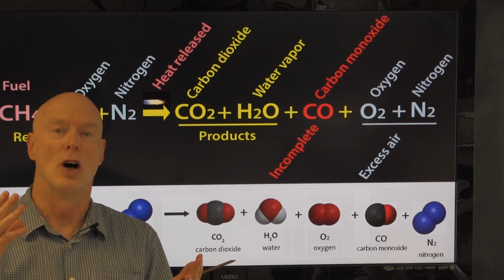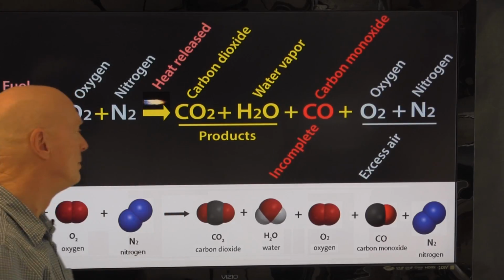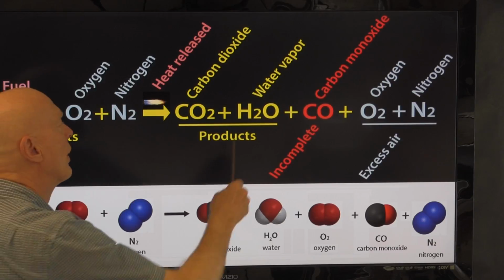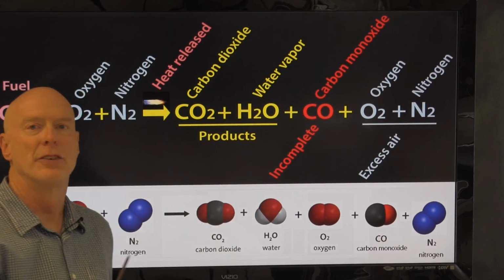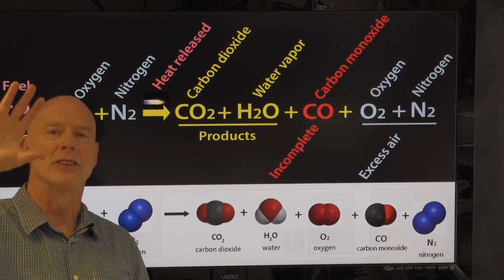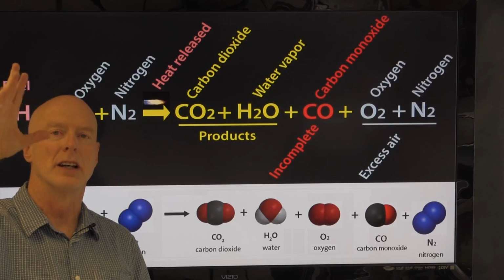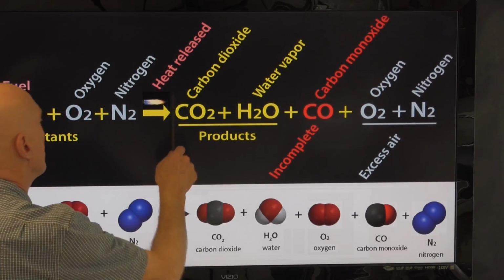And if they're too low, they could cause condensation in the flue. And what we mean by that is this water vapor, instead of going out of the building as a vapor, could condense in the flue, and it's acidic, and it could rot the flue. So flue gas temperature is important, and we're measuring it